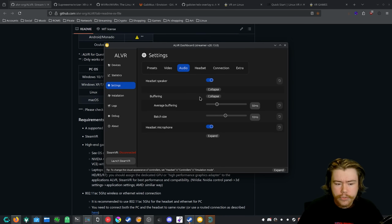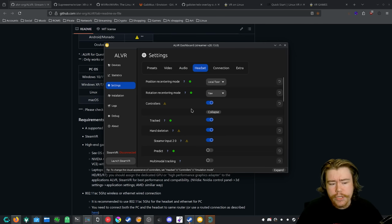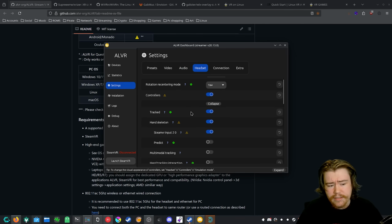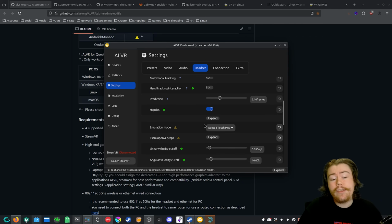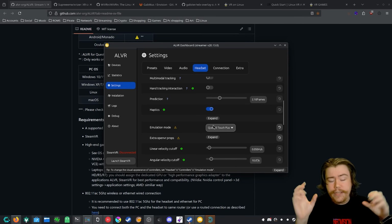So if you're in Discord or something in a call, you can switch the microphone to the headset within Discord or whatever video application, calling application you are using. Then of course you can enable controllers if you want to. You can enable hand skeleton, SteamVR input 2.0. You can enable the haptics for the controller, and you can change the emulation mode of the actual controllers that